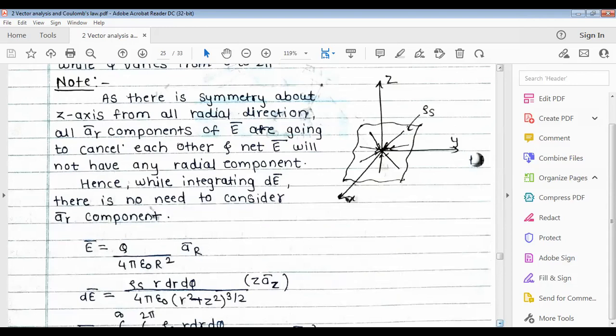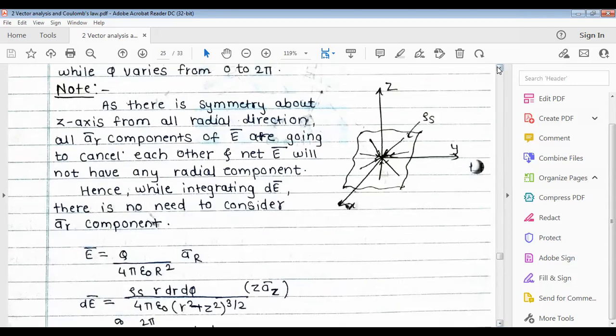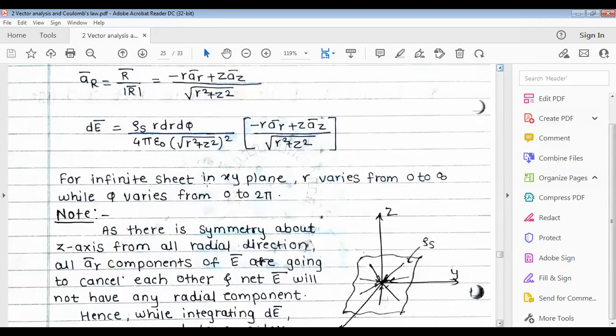So we have to write that same equation here also. So what will be there? This D bar is equal to rho s into r dr d phi divided by 4 pi epsilon 0 into, as this a bar r gets cancelled, only this z into a bar z remains, and divided by